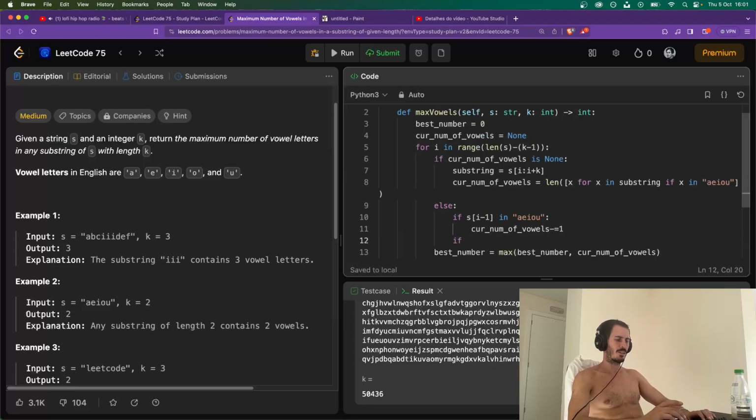And if, and not elif, because both things might happen, if s of i plus k, and now I think I need to do i plus k minus 1, for s of i plus k minus 1 in a, e, i, o, u,